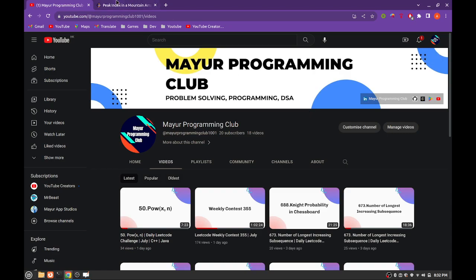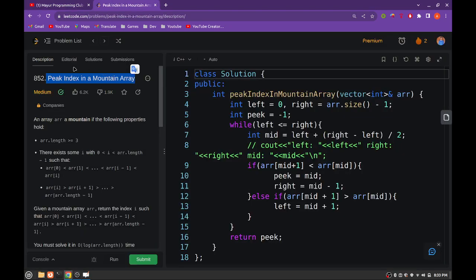Today we will be solving another daily Leetcode challenge, and the challenge name is Peak Index in a Mountain Array. So the challenge statement is like this: